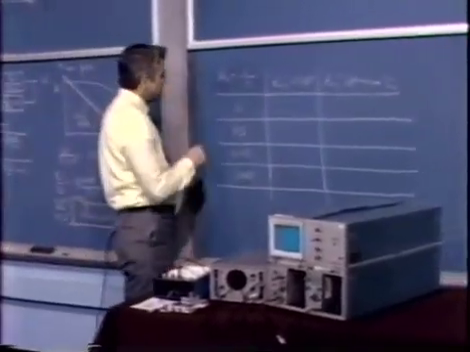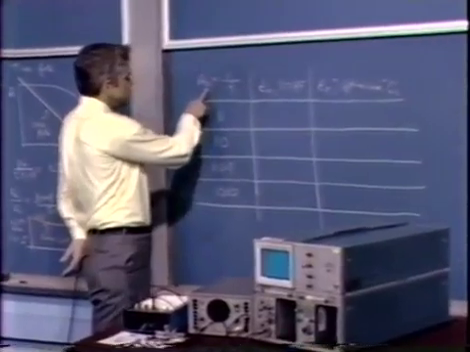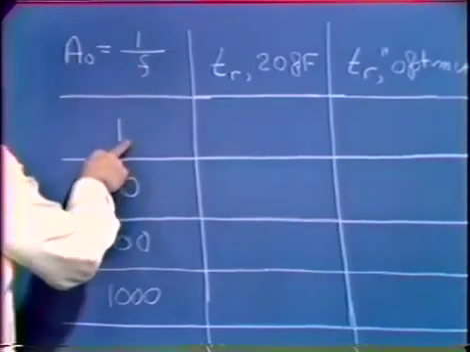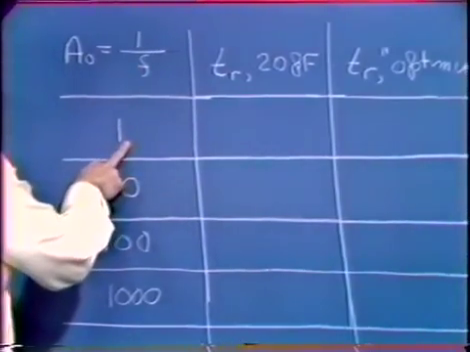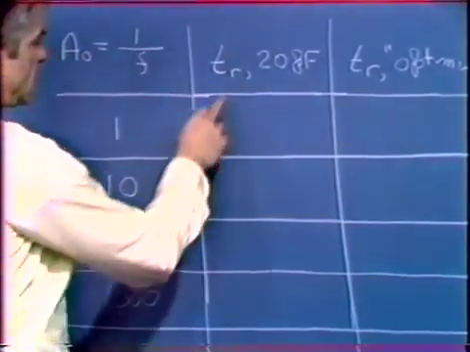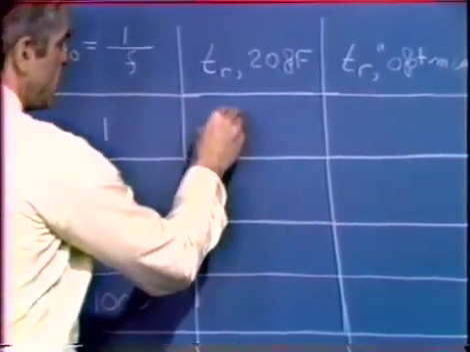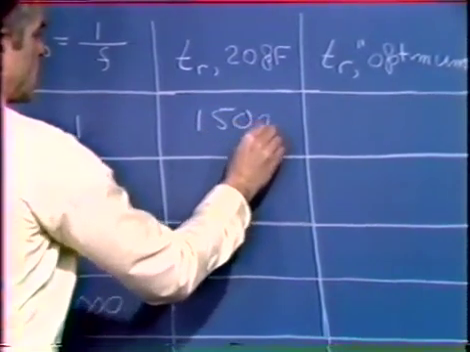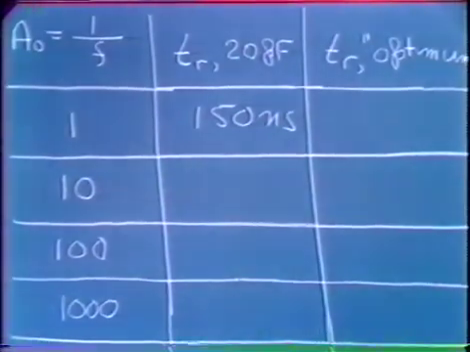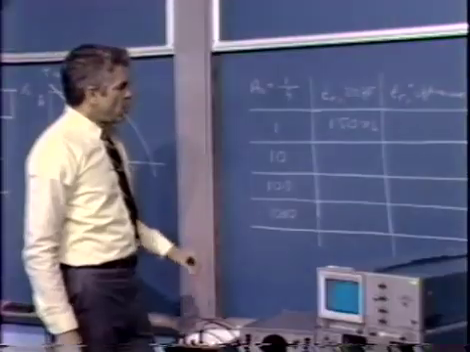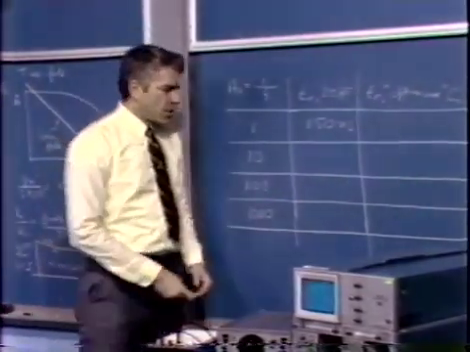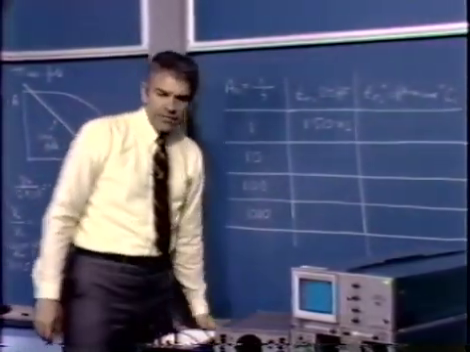So let's tabulate values. Here we're running at an ideal closed loop gain, or a low frequency gain, A0, which is equal to 1 over F. We're running at a closed loop gain of 1 for this particular part of the demonstration. And the rise time that we measure is about 150 nanoseconds. We're using a 20 picofarad capacitor when we make that measurement. For unity feedback, for an F of 1, the optimum value of the capacitor is close to the 20 picofarad